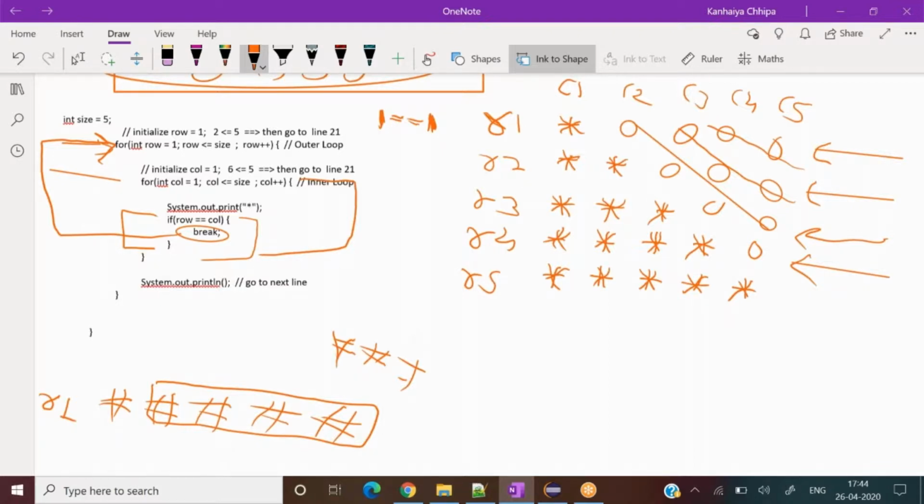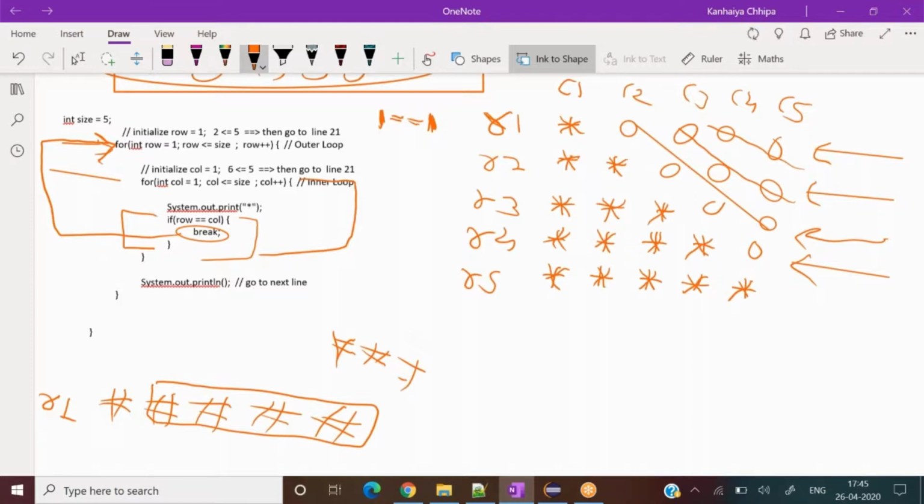This particular loop is the inner loop. I have put this logic into the inner loop, so this inner loop will be immediately terminated and control will go to the outer loop. That is the behavior of the for loop: go out of the inner loop straight away. So whenever both meet, 1 equals 1, then go out.